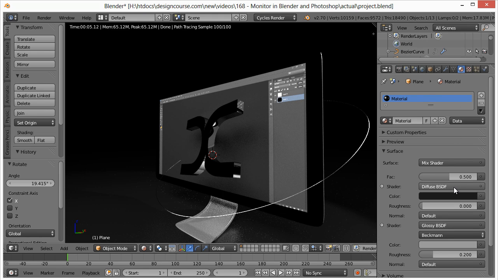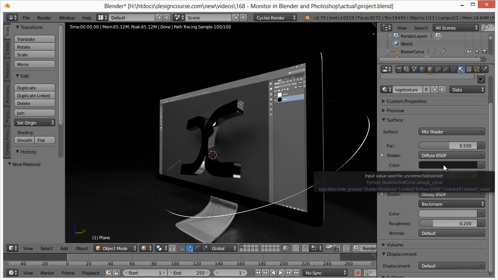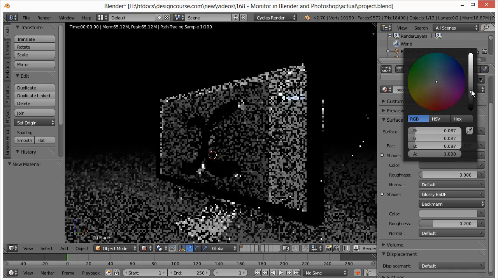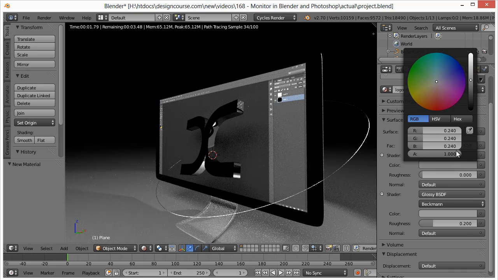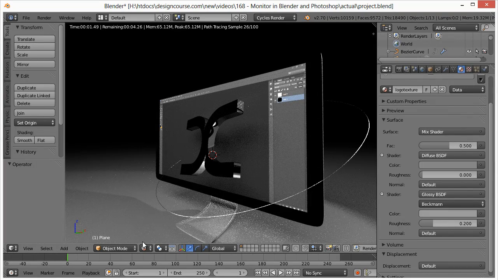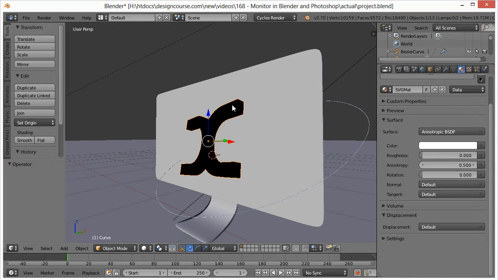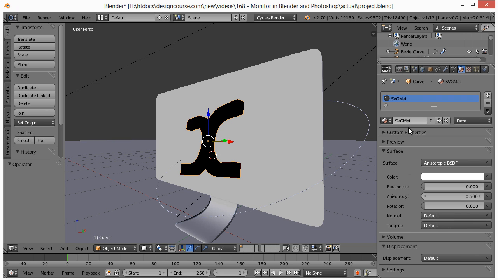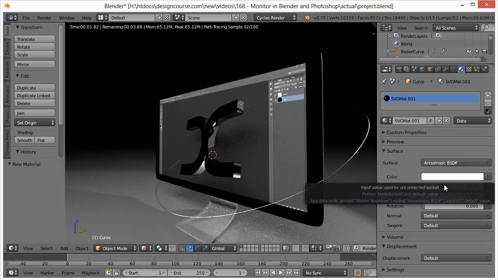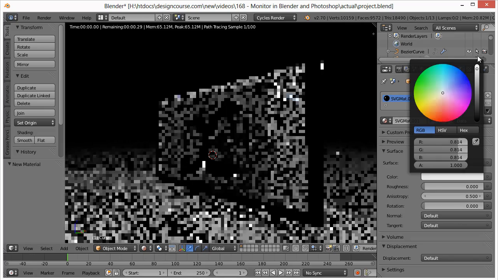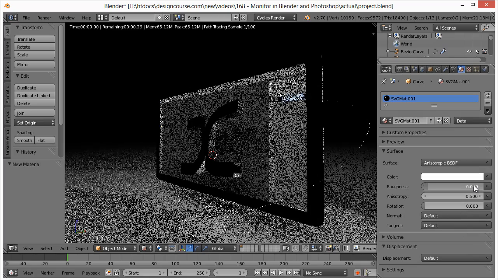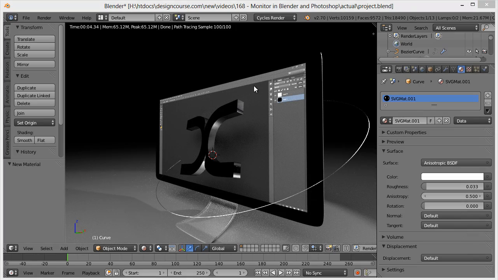So let me hit this plus right there. We'll call this logo texture. See if I want to experiment with some of these. This is diffuse. Oh, okay. Well, one second. Let me see what I have selected. I have this. All right, so this is the actual SVG mat, it's called. I'm just going to hit +1 right there, and see if I can experiment maybe with the color a little bit. No, I like that. All right, and